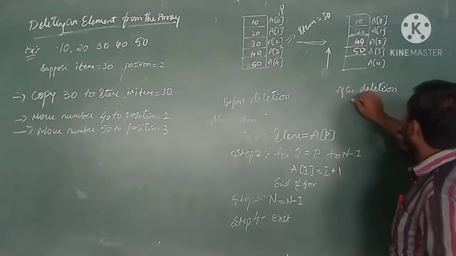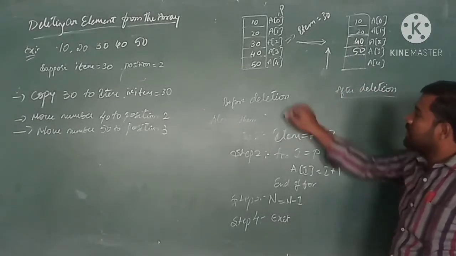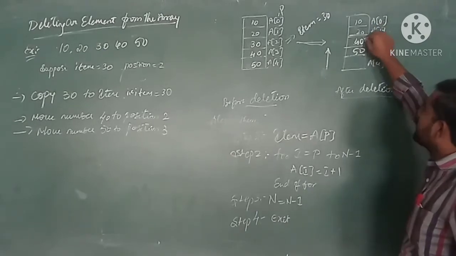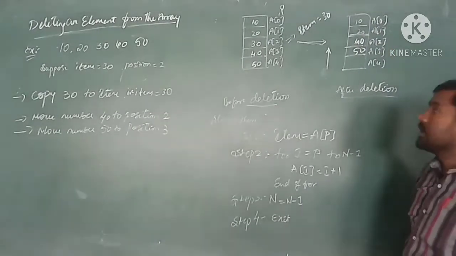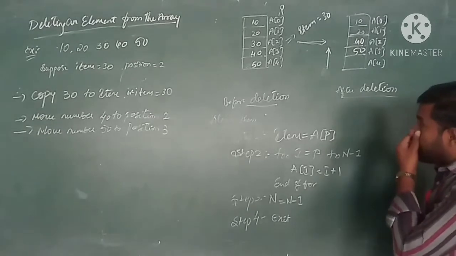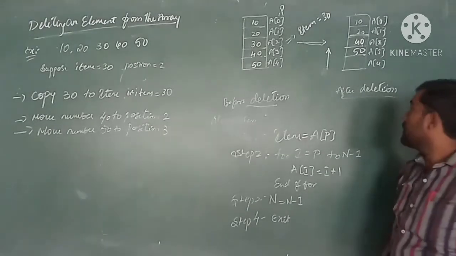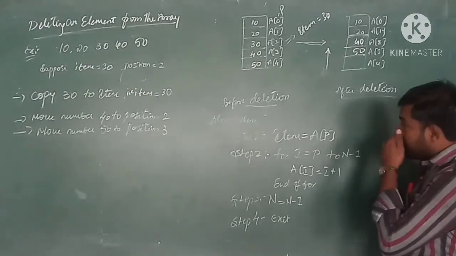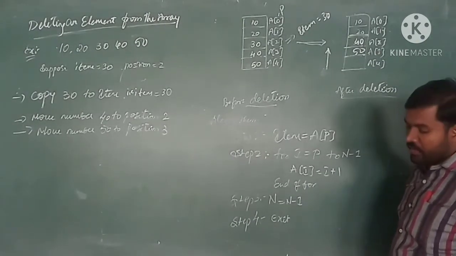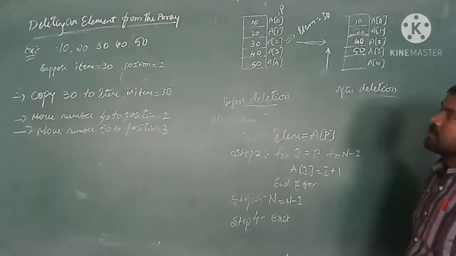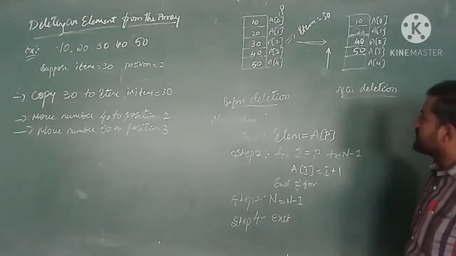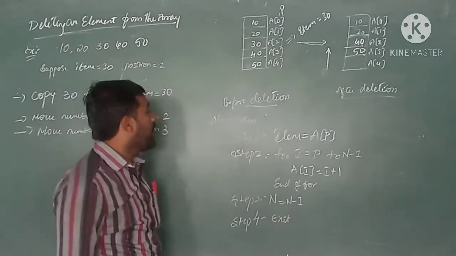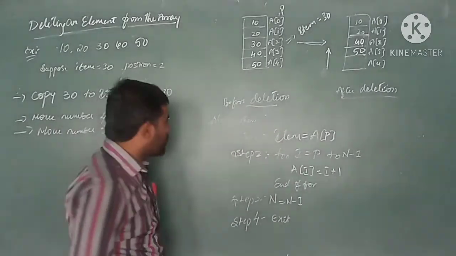After moving this one, that is after deleting an element, before deleting an element. So 10 20 40 50, the element has been deleted from the item list. So this is all about before deletion and after deletion. So this is the procedure for deleting an element from the array over here. Next we have an algorithm for this also, how to delete an exact element from the list over here.